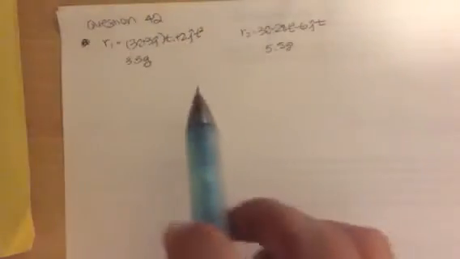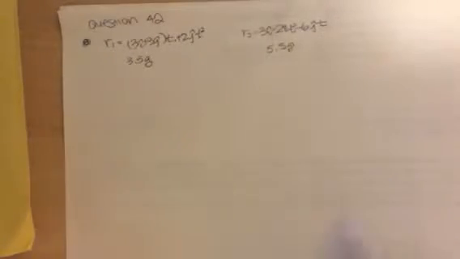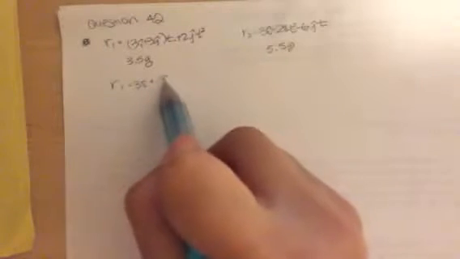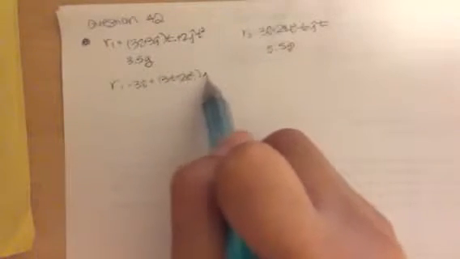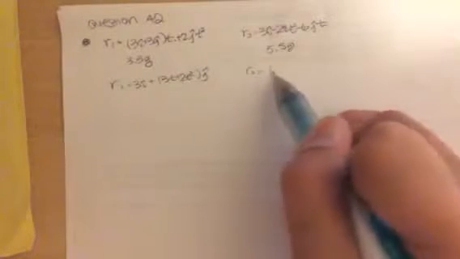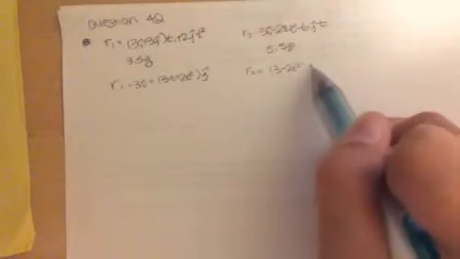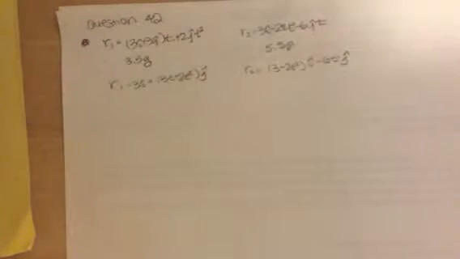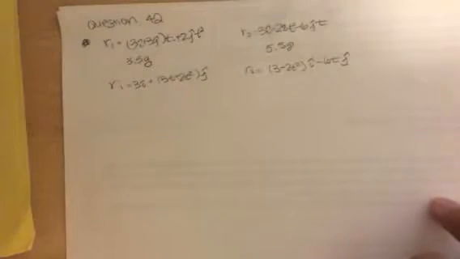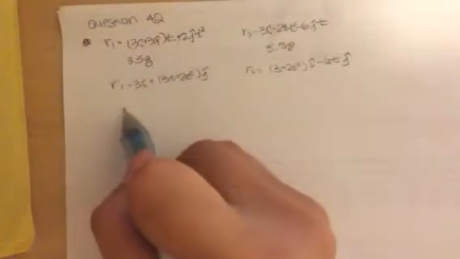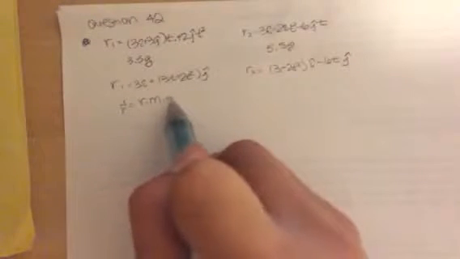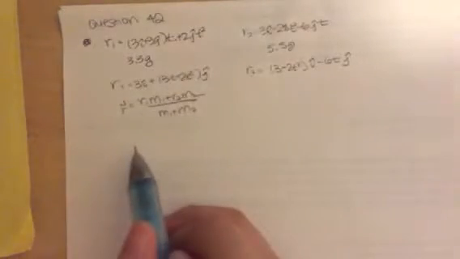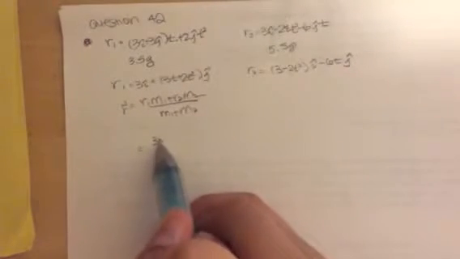I'm actually going to rewrite this so the i's and j's are grouped together in each. So R1 would equal 3i plus (3t plus 2t squared)j, and R2 would equal (3 minus 2t squared)i minus 6t j. Now to find the position vector of the center of mass, the formula is R1 M1 plus R2 M2 over M1 plus M2. So when you multiply this out according to the formula,